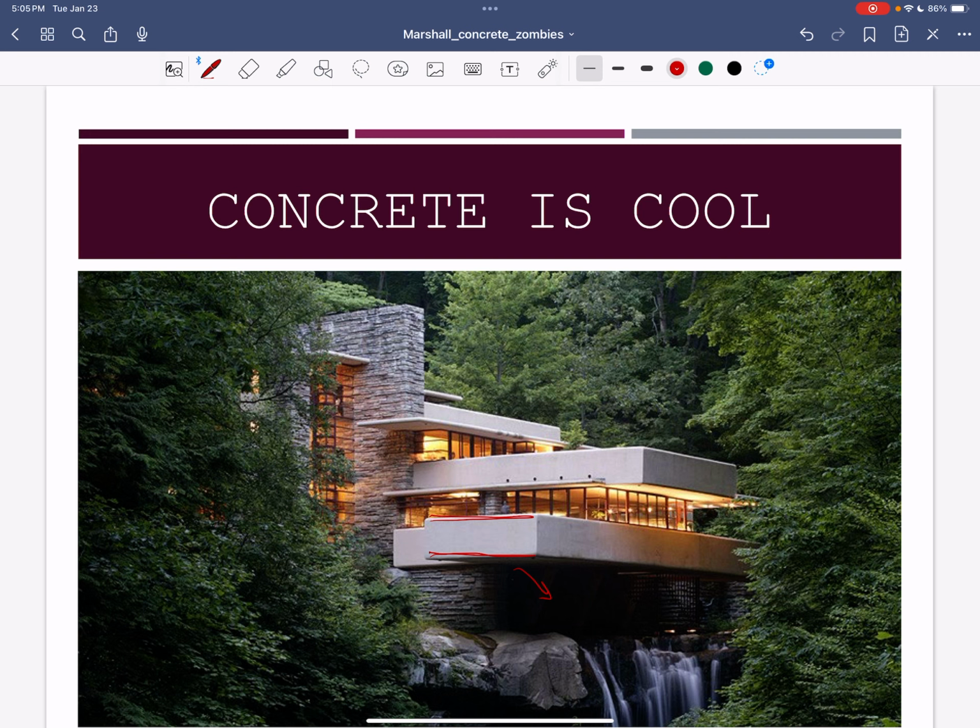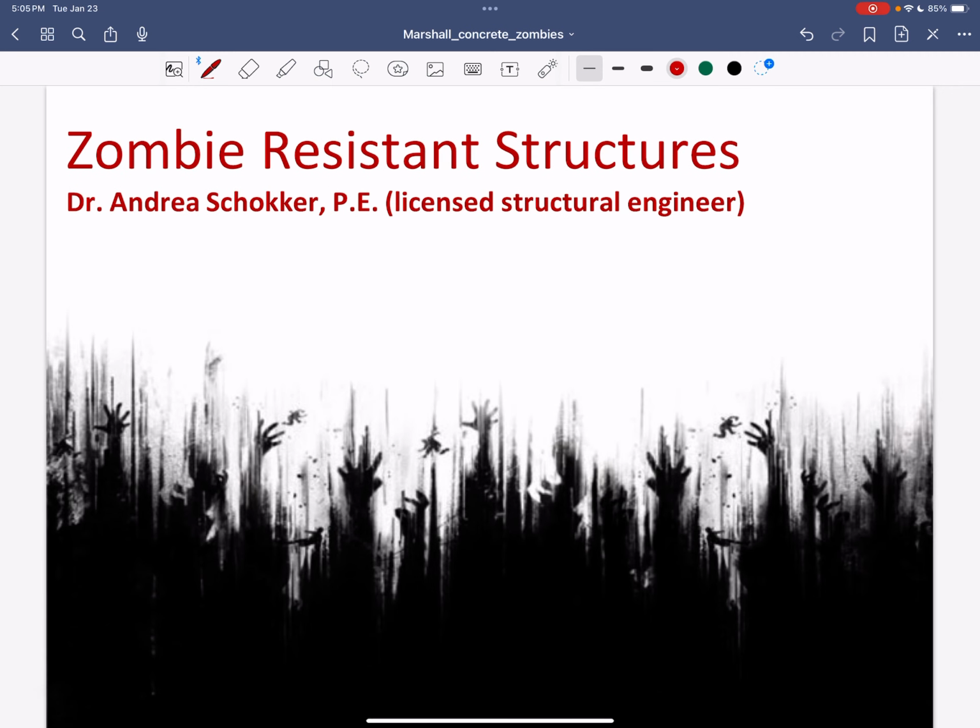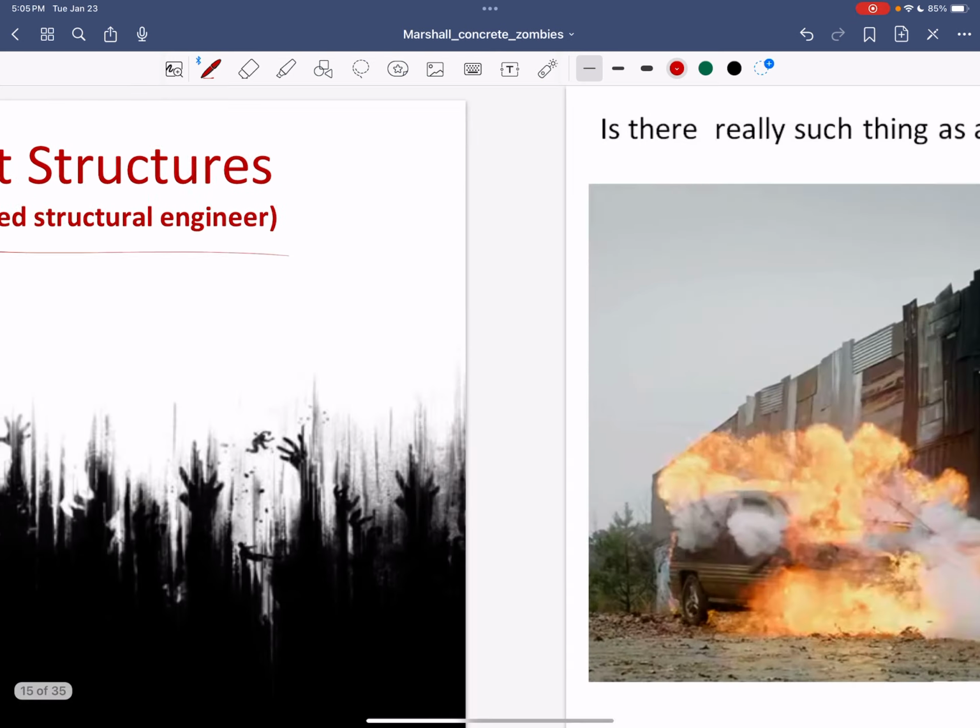All right, let's go into the zombies here. Okay, so this is a separate talk, but while we're on the topic of concrete, I thought this one might be a little bit fun. So I give this a lot of times at Halloween to different groups, and I always say you're going to get to learn about zombie-resistant structures from someone who's a licensed structural engineer. So I'm going to be a little tongue-in-cheek with this, but hopefully you'll have a little fun with this. Even though I'm joking around about the zombie part, everything I tell you is actually true about concrete structures, and thinking of zombies as a kind of a fun way to look at designing concrete structures.